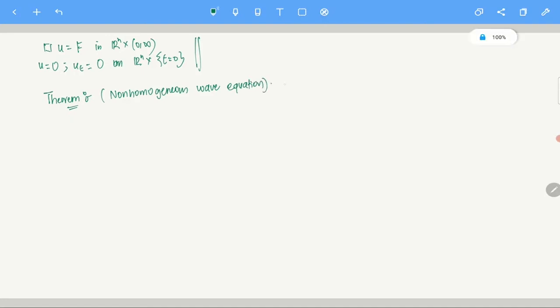Okay. So assume n is greater than or equal to 2, and capital F belongs to C of the box function of n by 2 plus 1, on Rn cross [0, infinity), and define u as